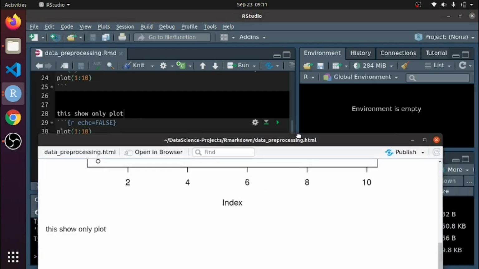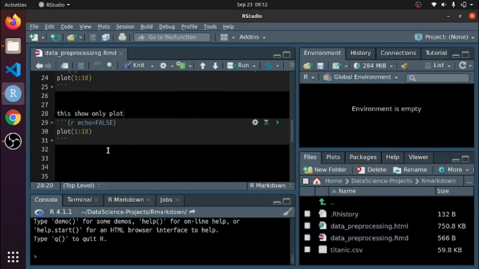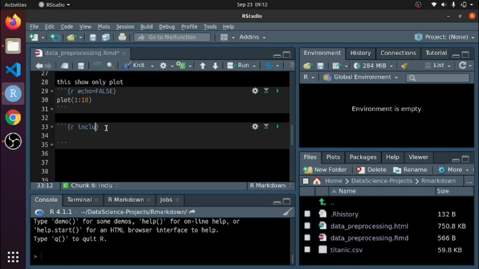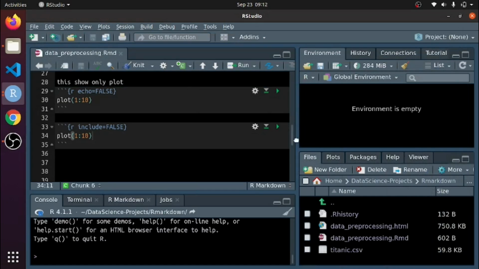It is useful, as I told you in the slide. For now concentrate on the third part. I told you about include false. If I write code here and now render it, I plot three plots here.